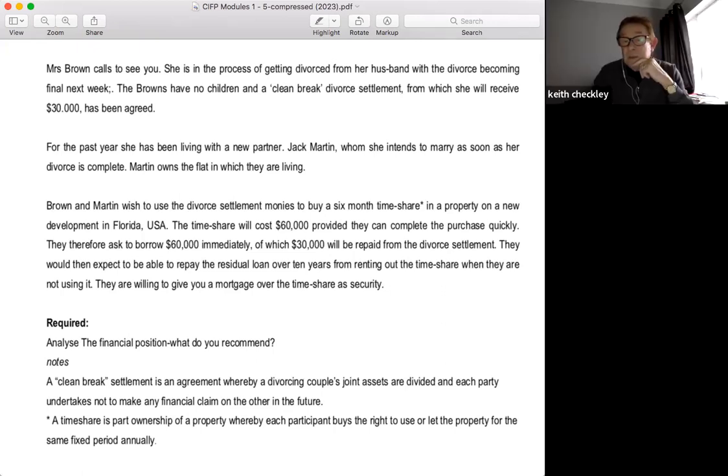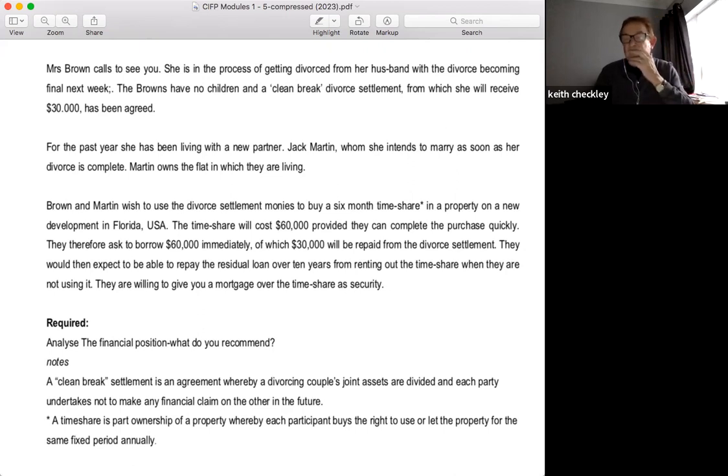Yes, that's right. What we could say to her is, yes, we'll help you, as we've just been discussing, with where you are now, and then when you get the $30,000, come back in and see us, and we can talk about alternative investment plans where you can supplement your income by making what we would consider a safer investment than a timeshare situation, where you're not just investing your $30,000, but you're taking on debt financing as well.